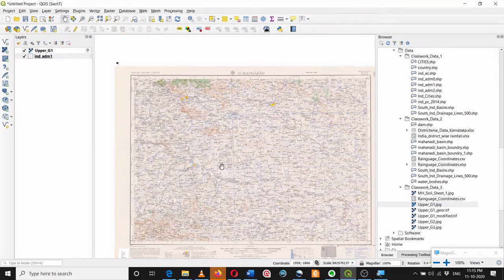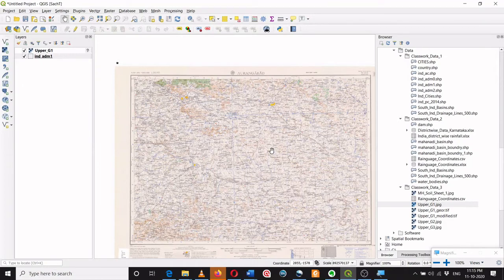And in georeferencing, what we do, georeferencing is a process where we assign a coordinate reference system to this entire image, to each and every pixel of this entire image, and by doing so we can use the data which is over here in this topo sheet for our purpose, and we can bring that data later on in this GIS environment, because this topo sheet carries a lot of information in terms of the road network, the drainage network, the locations of villages and towns, etc. So at present this is not a georeferenced image because there is no coordinate reference system attached with it.